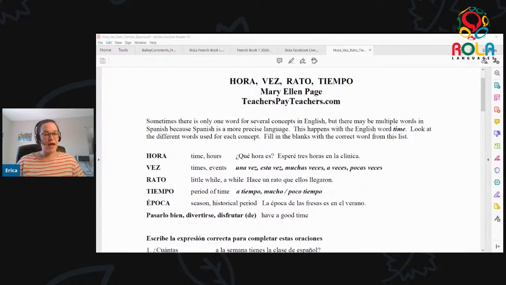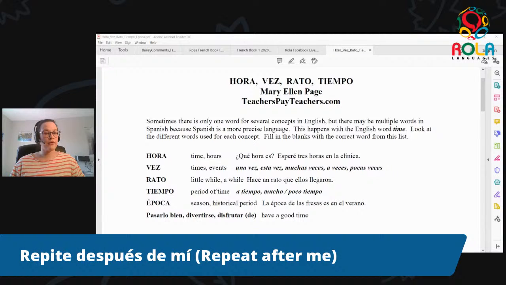All right, so the next word we have after hora is vez. Por favor, repite después de mí: vez. Making sure that when we have that zeta, we're still going to make a soft S sound, not a hard Z sound. Or if you're speaking with a Spanish accent, it'd be vez with a TH sound representing that zeta. And when we make this plural, remember that zeta is going to change to a c. So vez in the singular and veces in the plural.